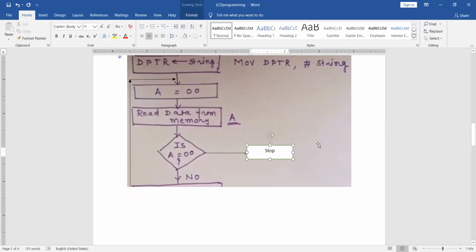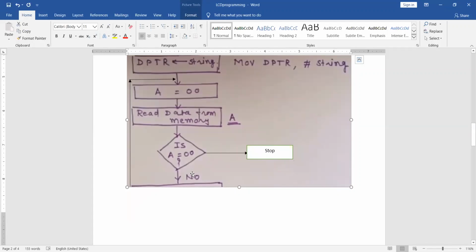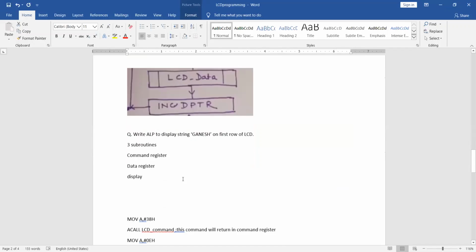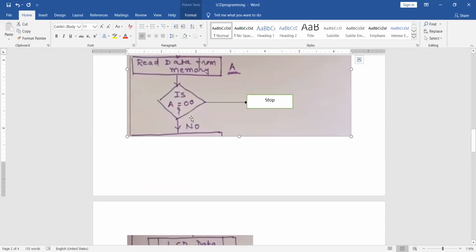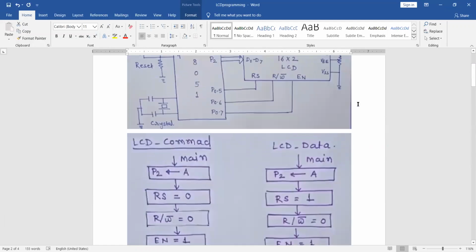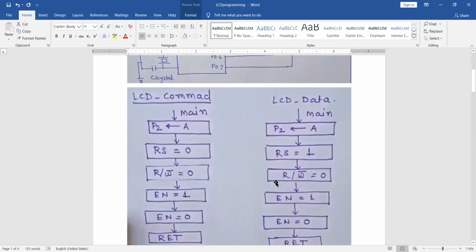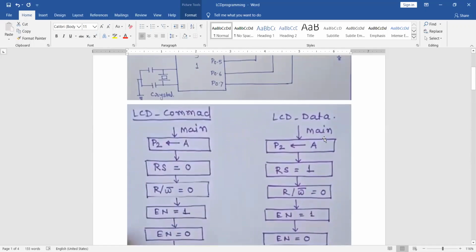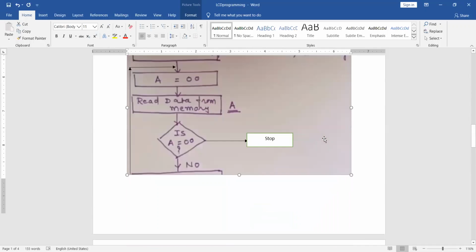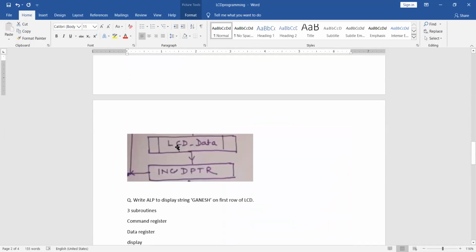So the program will stop. If no, the data should be written, right? That means the data has to be displayed on the LCD screen. If yes, it will stop. If no, it will be displayed. So if no, I will call this LCD data subroutine because I want to get this data from the data memory.